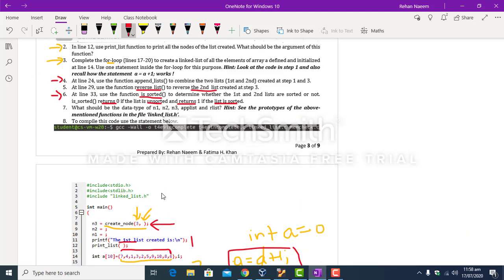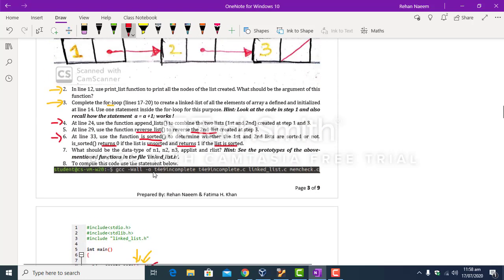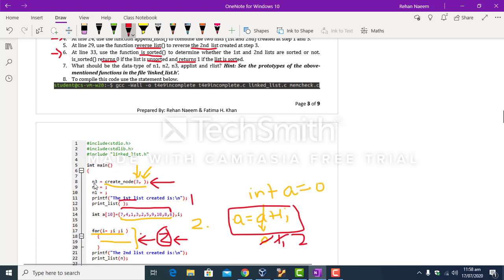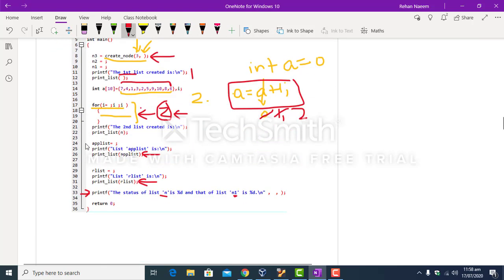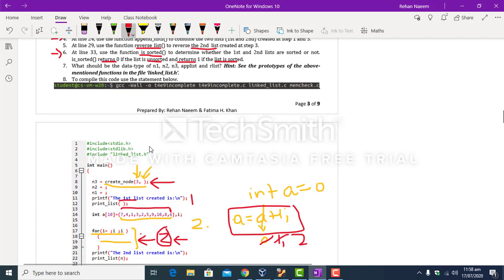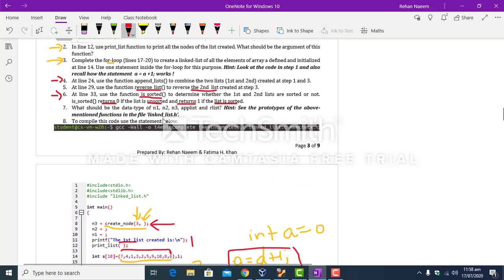Okay, after completing the code, you should now determine what should be the data type of N1, N2, and N3. Similarly, the data type of APPLIST and the data type of RList. And for that purpose, go through this linked list.h.